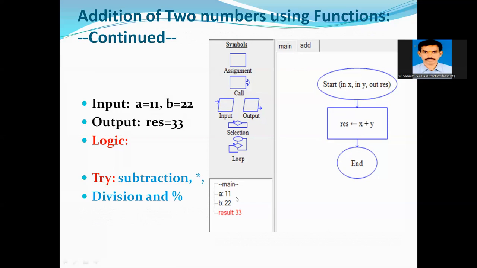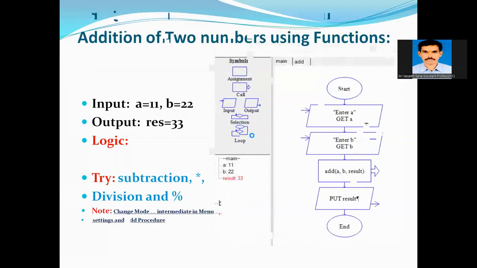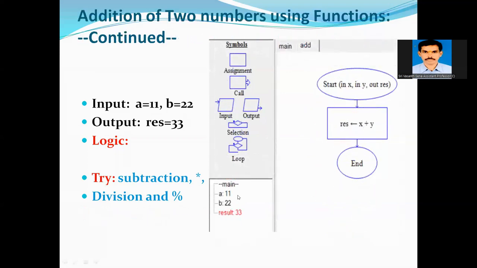So in the main function, the res variable is stored in the result variable. Here we are printing the result in this case. A value is 11, b value is 22. The result takes place and it will be printed. Suppose if you do like this, in place of